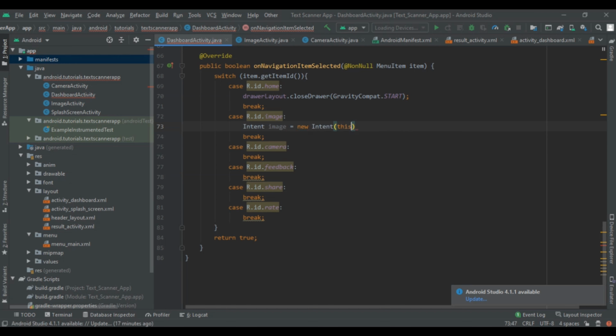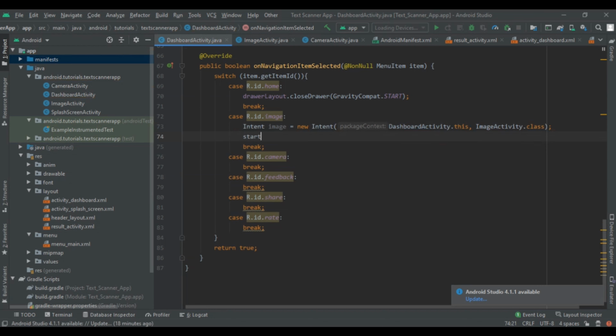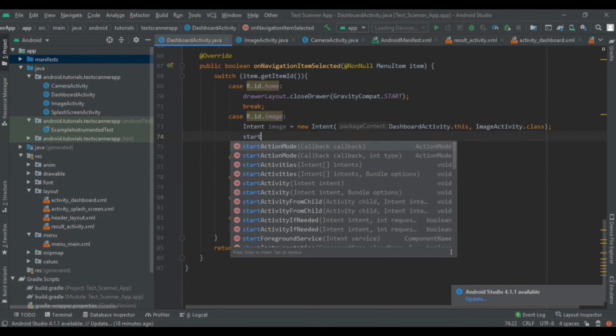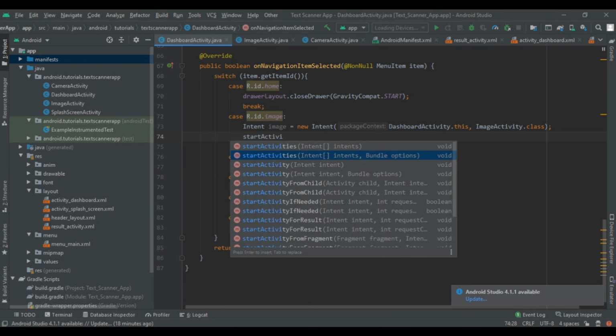If it doesn't work, then write the full activity name, DashboardActivity.this, and then pass the activity name where we have to transfer, so to class, the activity, and then give the class name, and then startActivity to image.